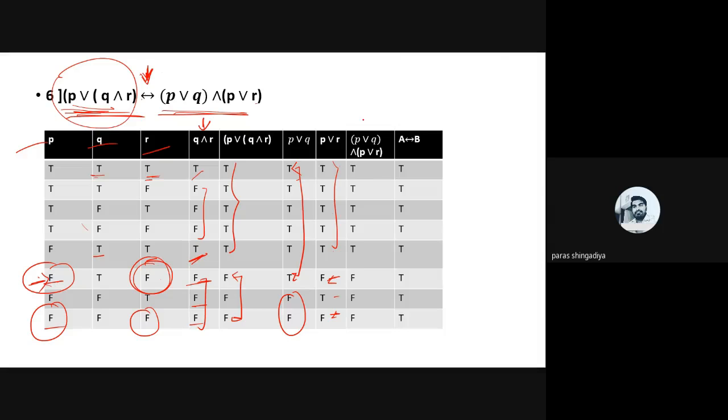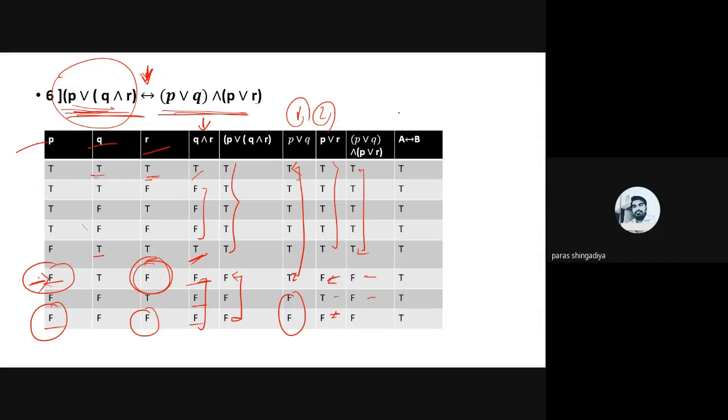And then apply the AND operator between these two columns, column 1 and column 2. The AND operator means if any one is false, then the output will be false, and in all remaining cases it will be true. That means if both are true, then it will be true, and in the remaining cases it will be false. So in the 6th, 7th, and 8th rows, one value is false, so write down false here. Clear? And the remaining values will be T.